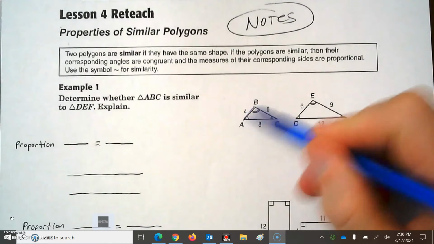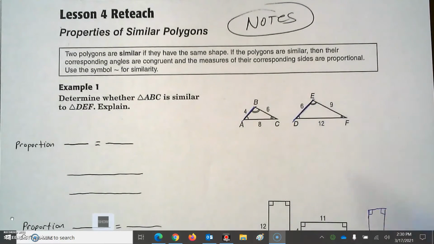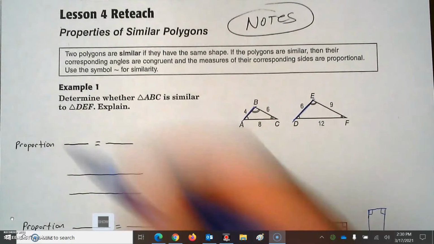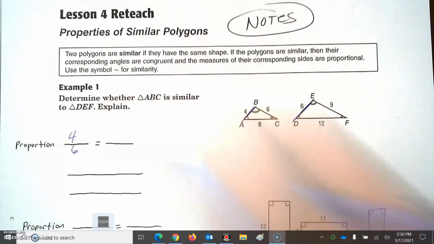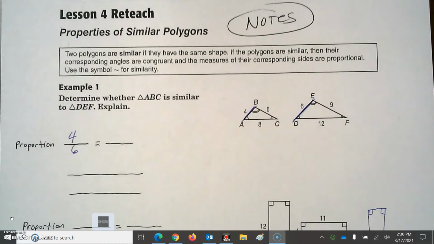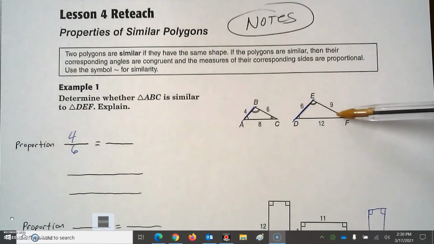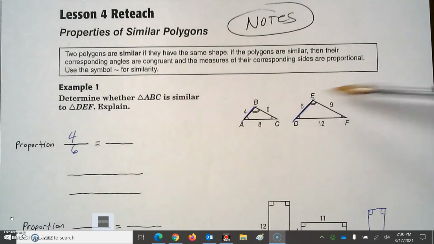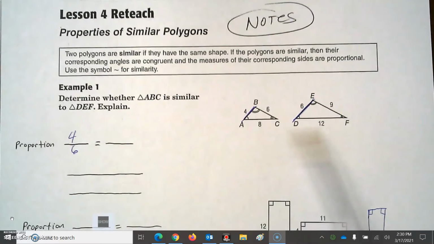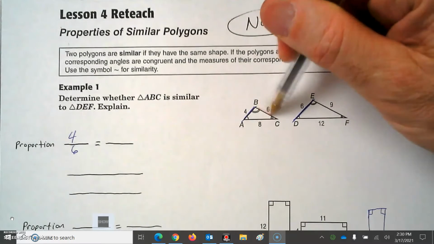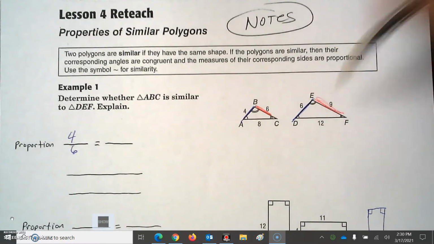So to begin, I can use the left side over the left side of that triangle. So I would write 4/6. Now, for the other fraction, I have two choices. I can write 6/9, the right side over the right side, or I could write 8/12, the bottom of the triangle or the base over the other base. It doesn't matter. You'll get the same final results. So I'm just going to use